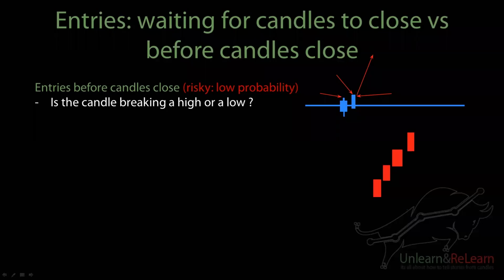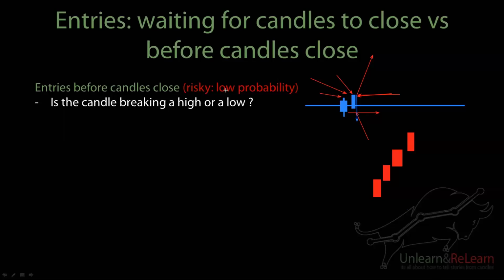Once it's breaking the high over here, that means it's made a low right over here. So if I'm taking an entry here, I'm keeping my stop loss below the candle low and I'm expecting price to continue moving bullish. The reason it's risky is that maybe the candle is making a high, and once it breaks the high, it comes down and creates a low and continues moving down. That's why it's risky when you're not waiting for candles to close.